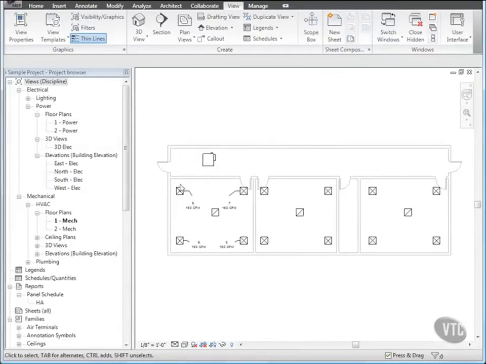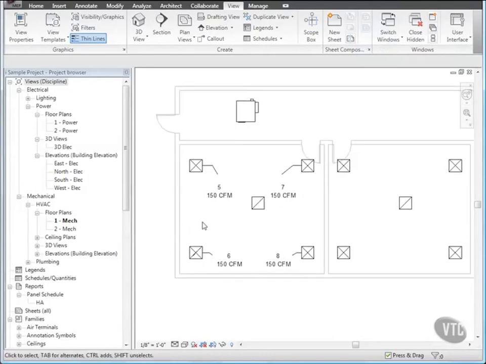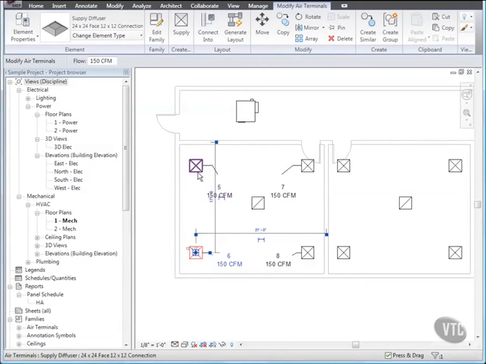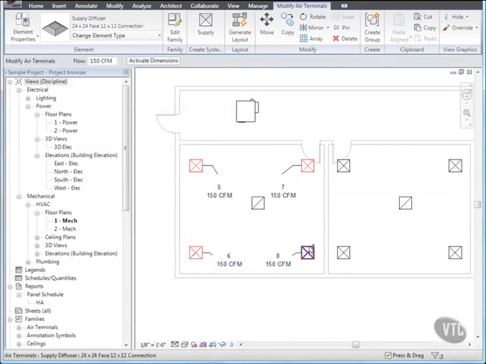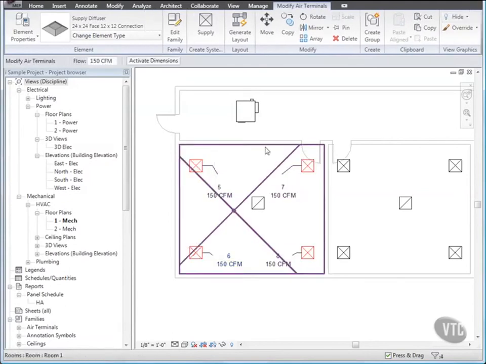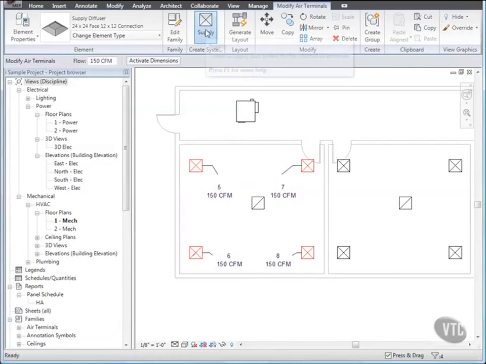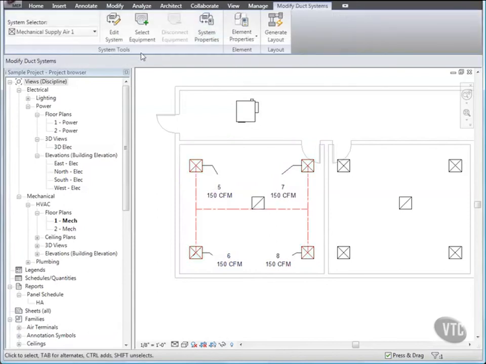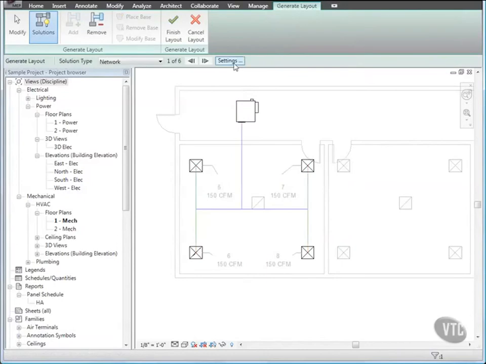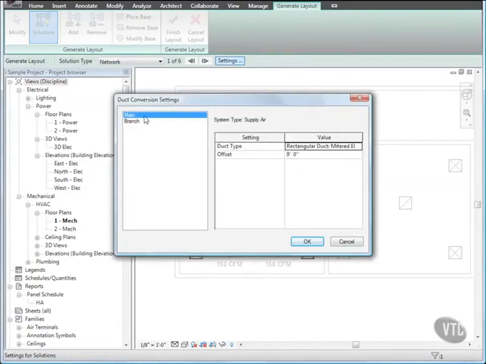In the View 1 Mech, in the left view, select the 4 supply air terminals using the Control key. Then on the Create Systems panel, click Supply. Then on the System Tools panel, click Select Equipment and select the VAV box. Then click Generate Layout. On the Options bar, click Settings, and for the main, verify that duct type is set